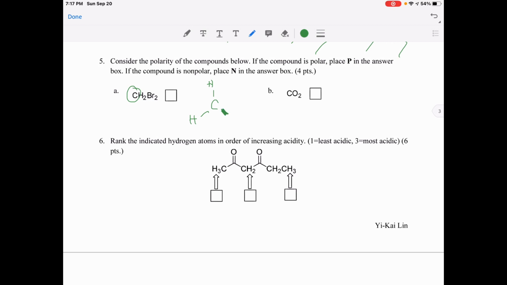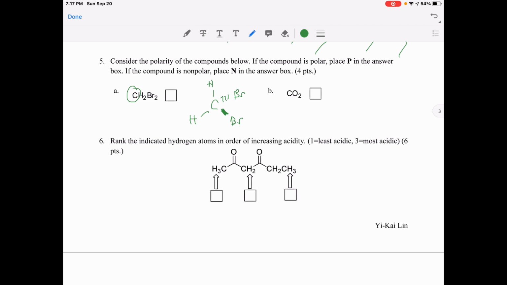I'm going to incorporate the wedge and dash notation here to indicate the tetrahedral structure. For an sp3 carbon, the bond angles are 109.5 degrees, and if we had 2 hydrogen atoms in place of the bromines,